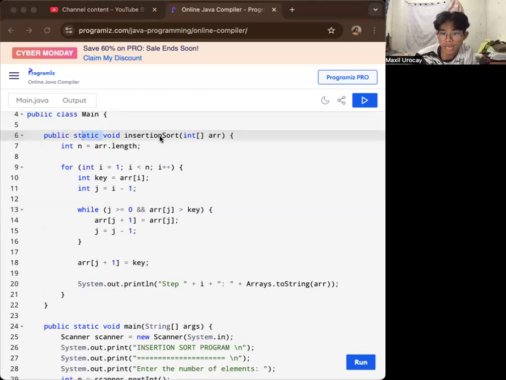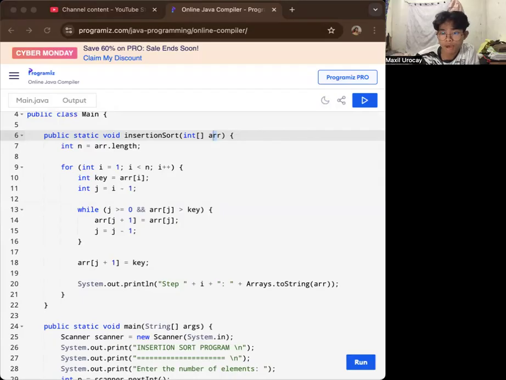Then it takes an array as a parameter, which is the array that will be sorted using this sorting algorithm, the insertion sort.